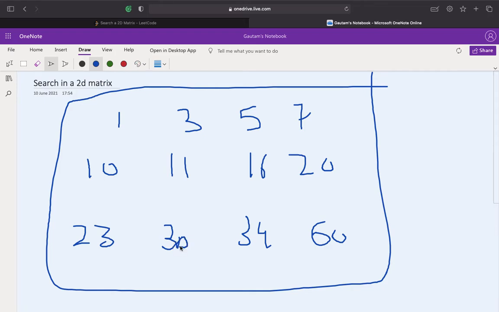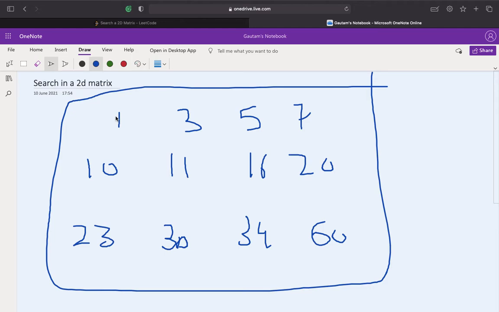So a particular naive solution for solving this question is, we'll be searching for each element in the matrix until we find the element. If we find it, we'll return true, otherwise we'll return false. So we'll start with the loop. It's basically iterating through the matrix, which you all might know how to do. The outer loop will indicate the number of rows and the inner loop will indicate the number of columns, and we'll keep on iterating until we find the element.